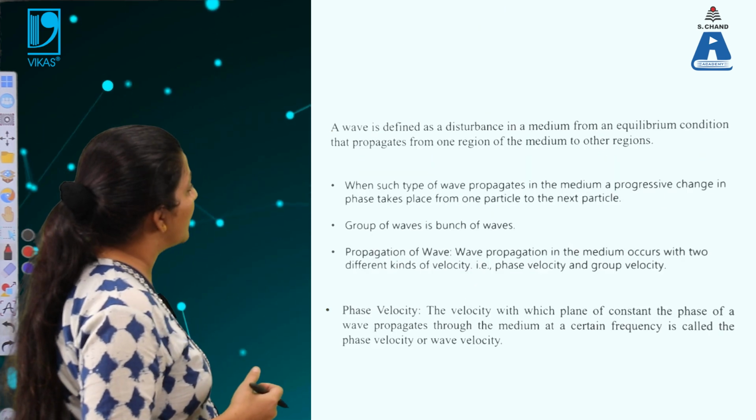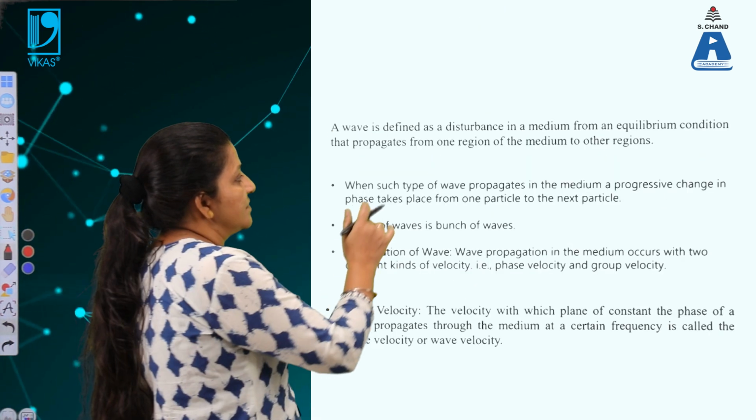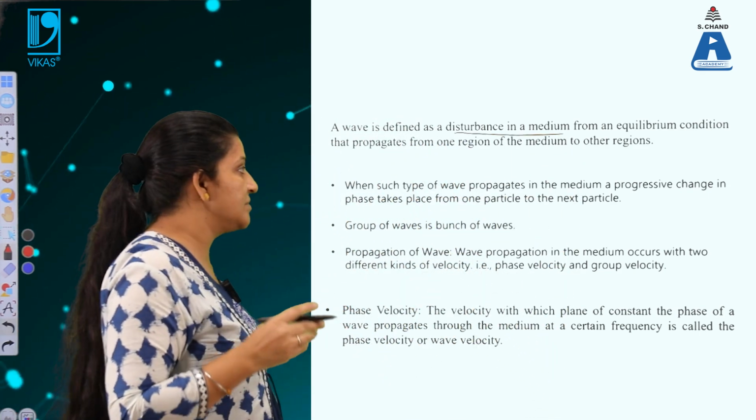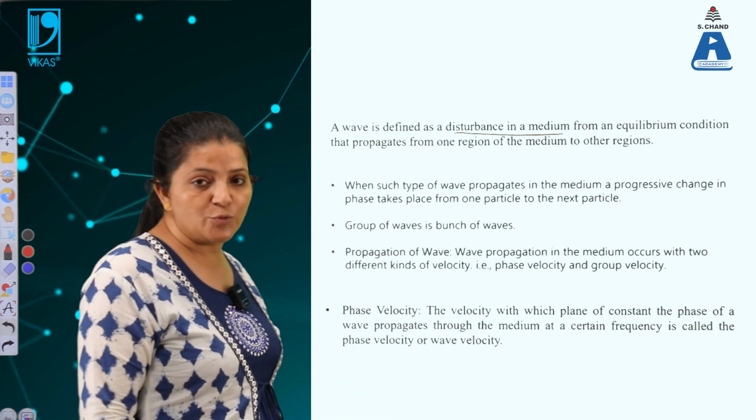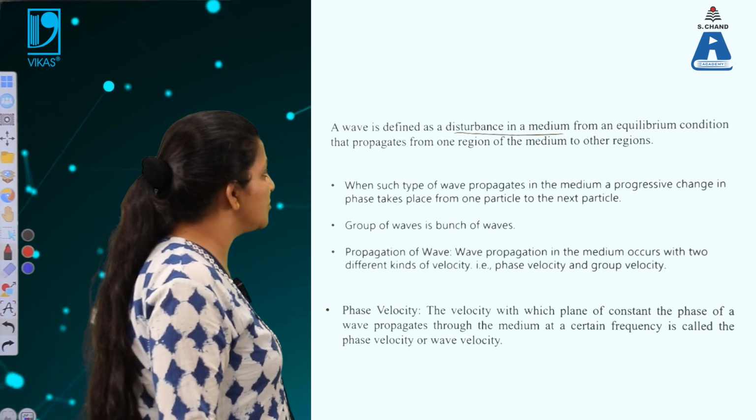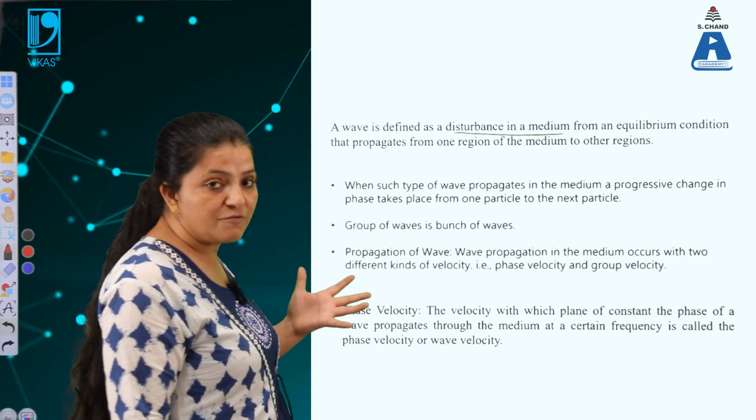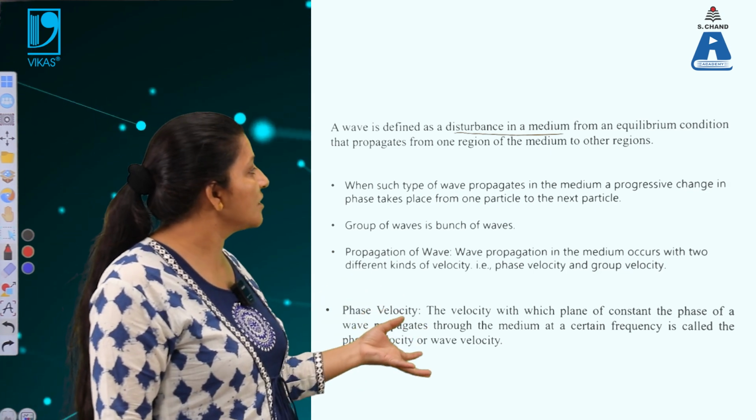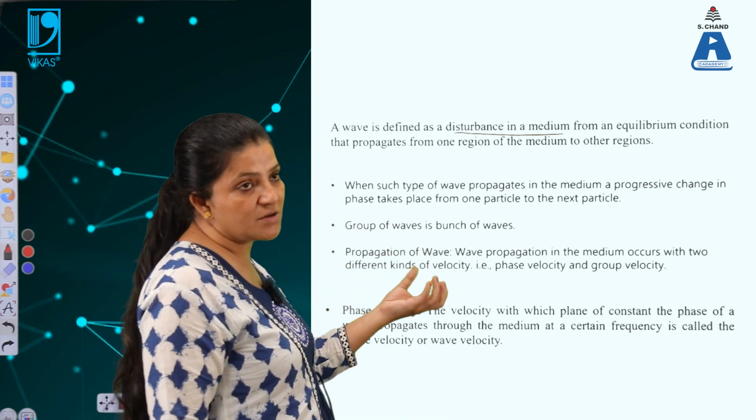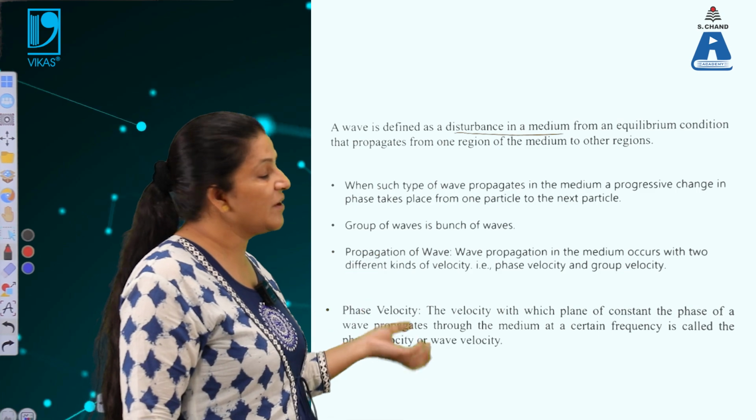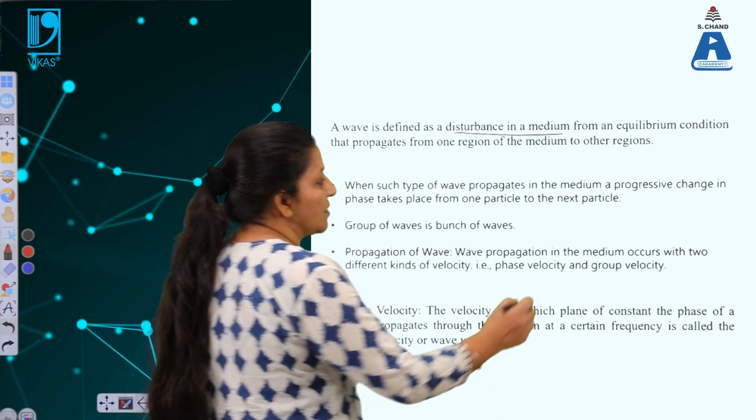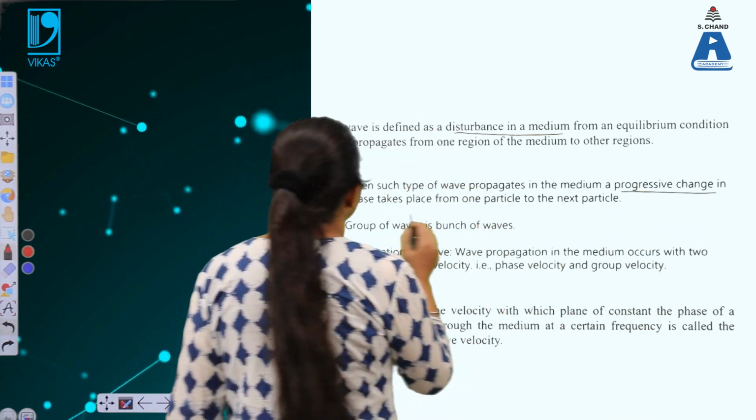Now a wave is defined as a disturbance in the medium from its equilibrium position. That means a particle that is stable at the equilibrium position, when disturbed from its mean position or equilibrium condition, gives a wave, which propagates from one region to another. Because when one thing in the given system is vibrating, that is transferred to another region also. So when such a wave propagates in the medium, a progressive change in the phase takes place